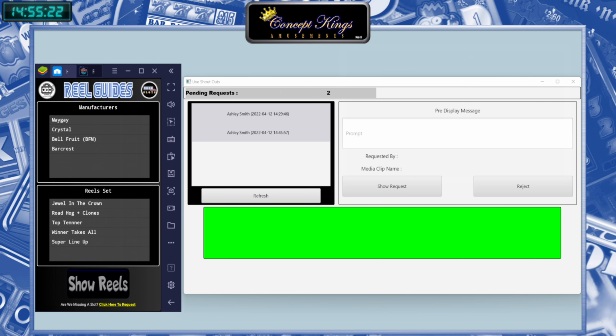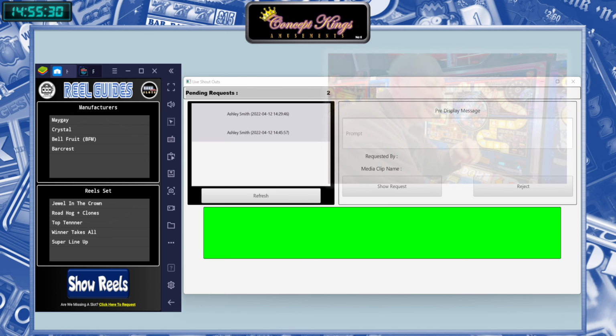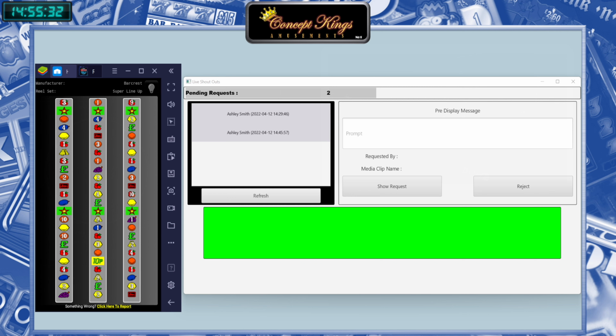Just going to quickly cover this one because it was a bugger to do, but I think it's going to massively help me personally when I'm in the arcade, and JD absolutely hates the thought that I'm putting this out. But anyway, there we go, Super Lineup. So next time we're at Mr. P's and it spins the reels and we end up in that position,